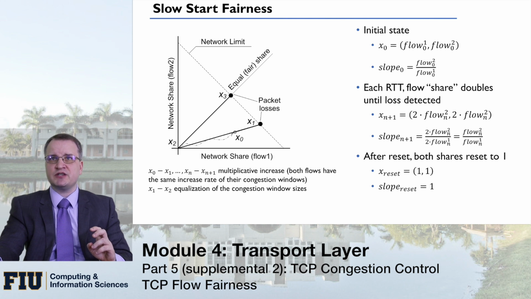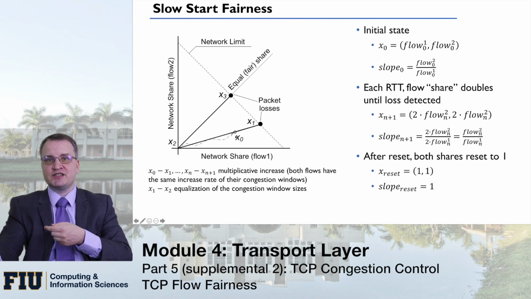So there is some share at the initial stage, like say state of x0. So what's going to happen eventually, every time both of the flows receive the information, they will increase the congestion windows twice, so like exponentially increase for every RTT. And if you do some calculations, the slope will actually be the same. So they will be increasing their share along this line. And you can just do these basic calculations.